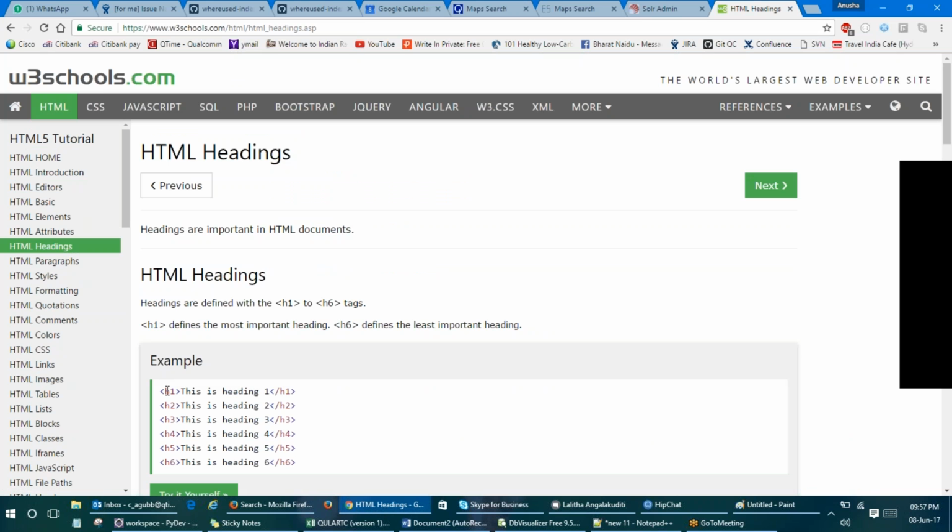Okay, then headings. I have shown you, whatever starts with H is a heading. Whether it is H1, 2, 3, 4 or H100, it just decreases the size of the